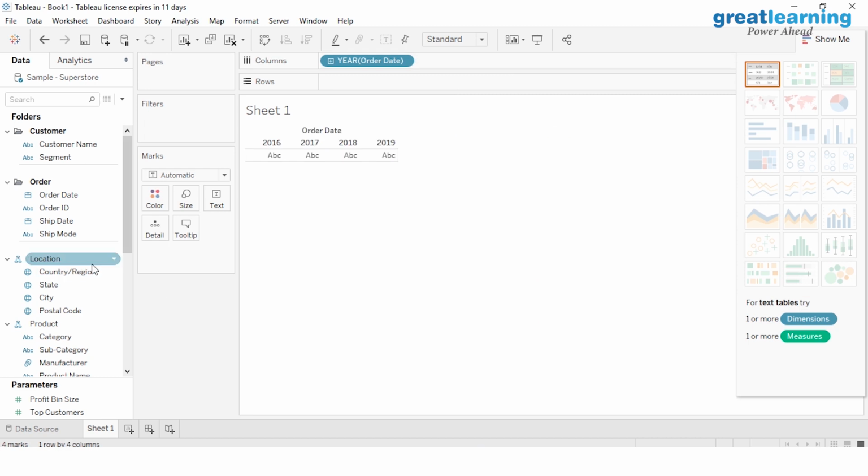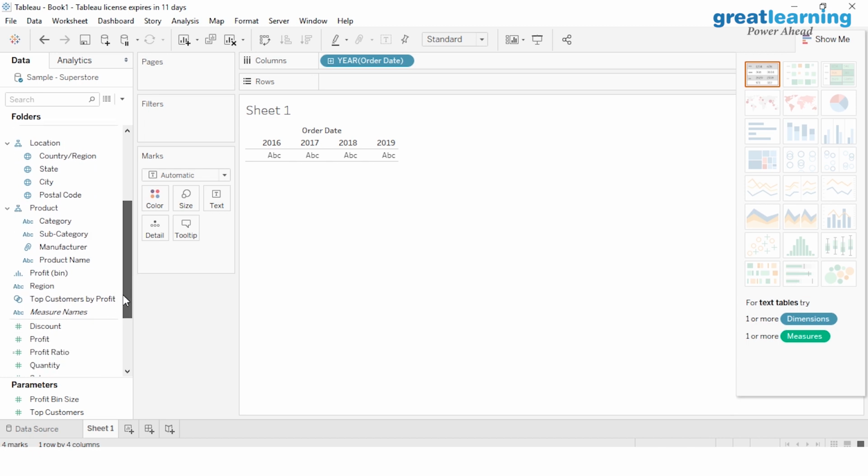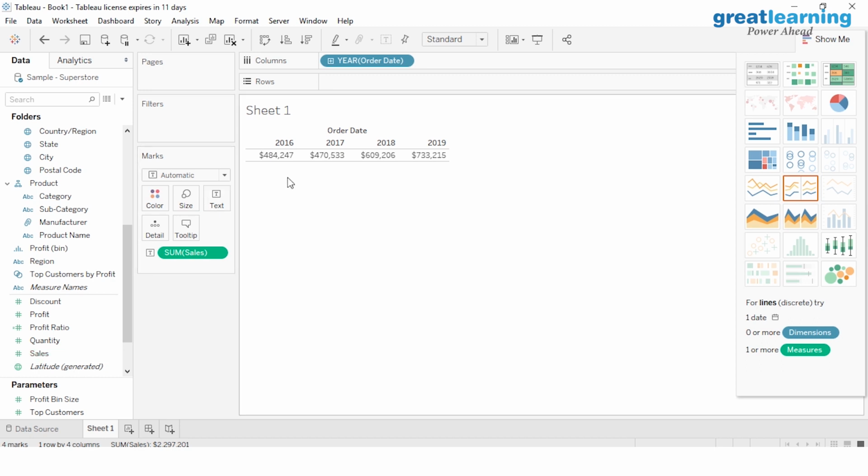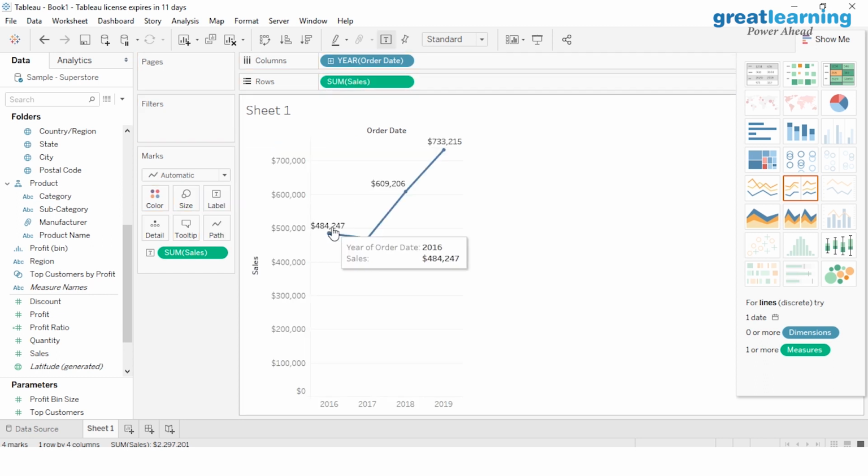Remove. Okay, next what I'm gonna do is I'm gonna go ahead and pick up sales. One of the easiest data to deal with, right? Sales. So it will give me sales based on the year. You see, and by default it suggests a line graph suggesting that you will be calculating sales for a particular year, and since it is values that are changing in time, you can have sales for multiple years represented by a line graph. Tableau also suggests certain things on the fly.